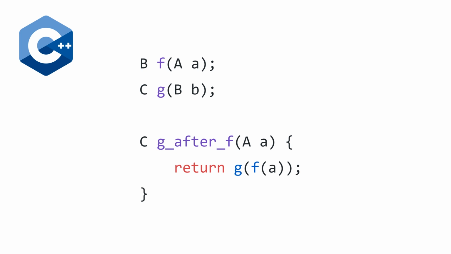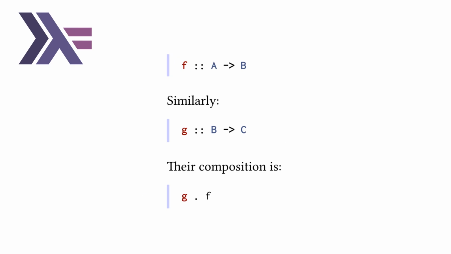It looks like the following, and he's only doing it with type or function declarations for the functions f and g. So f takes a type of A and returns a B. G takes a type of B and returns a C. And then we can define a function called g after f, which takes an A and then composes g and f and then returns a C. So pretty straightforward. We then look at the Haskell equivalent of this C++ code, and we have the following: f,